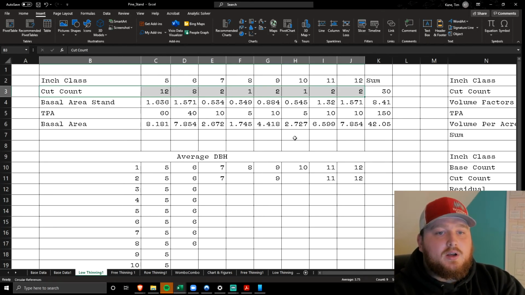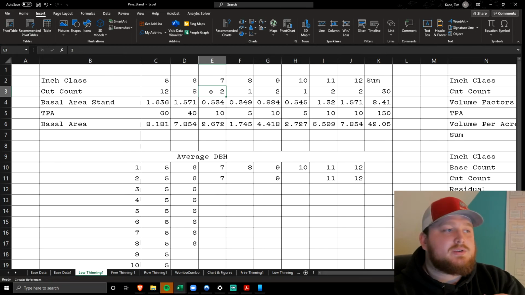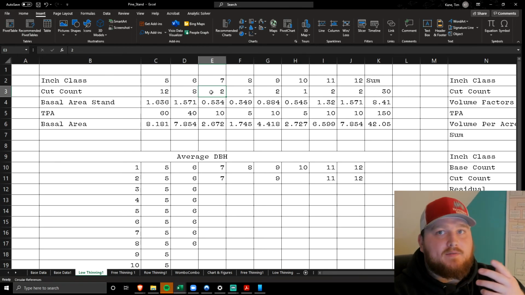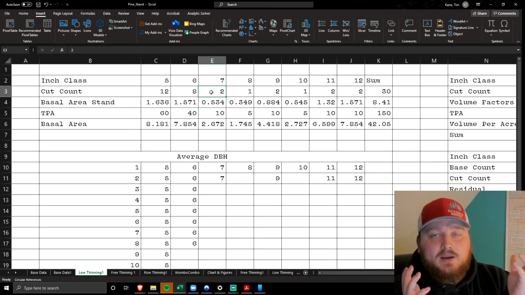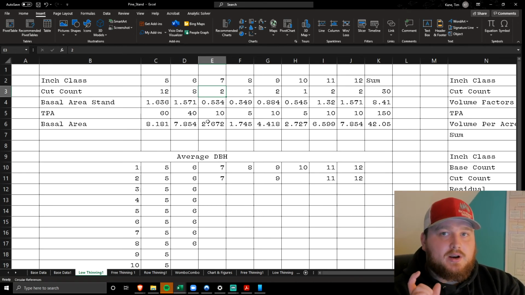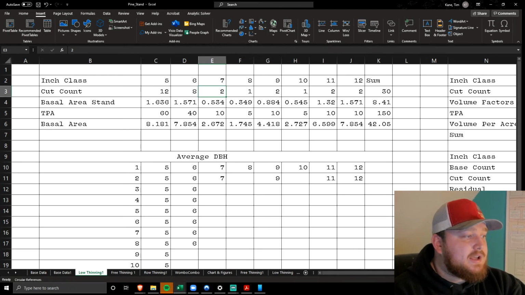So I took out pretty much every tree that's in the lower inch classes. This generally conforms to trees that are smaller. And then you can see here, I have a few extra trees in each inch class. Maybe things like forked trees or bad form, or they were wiggly, any spacing even, but you need to make sure that it conforms to what the thinning lab says each